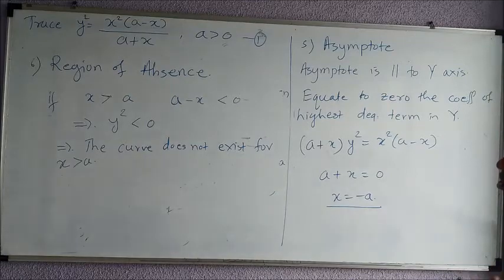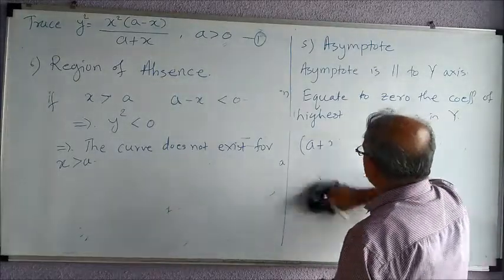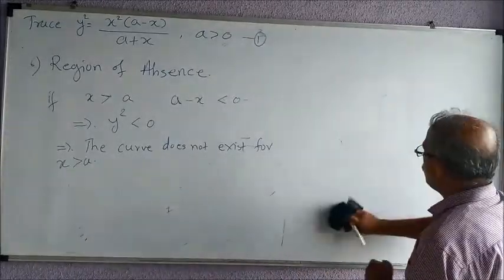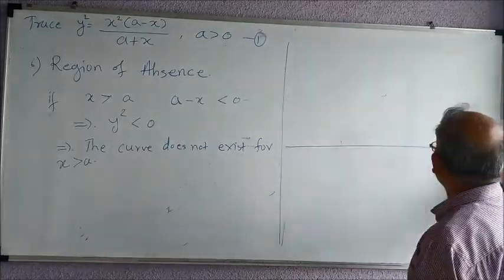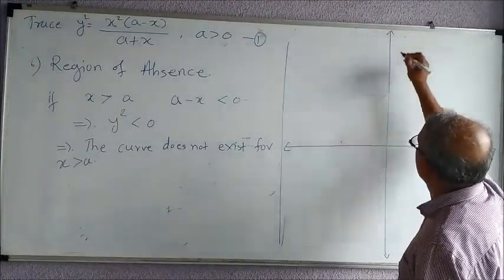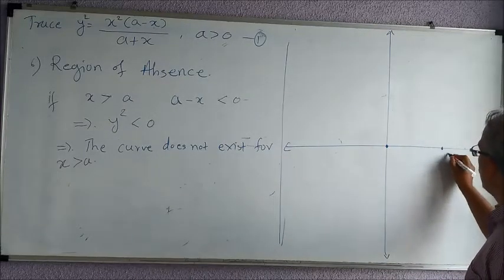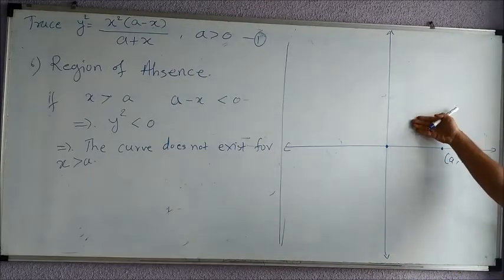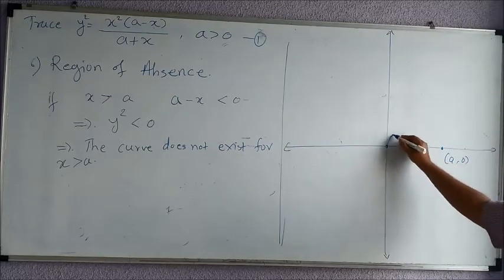And now we can draw all this information. We will gather all this information one by one and we will try to draw the curve. So let me draw this curve now. This drawing is also essential in the examination. First let me draw the x-axis and the y-axis. Now this is the origin, the curve is intersecting at a comma 0 as well, so a comma 0 is taken over here. We know that the curve is symmetric about the x-axis and it intersects the x-axis at 2 points. Definitely there will be a loop-like structure,